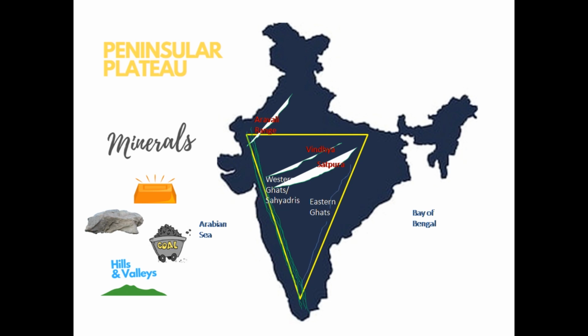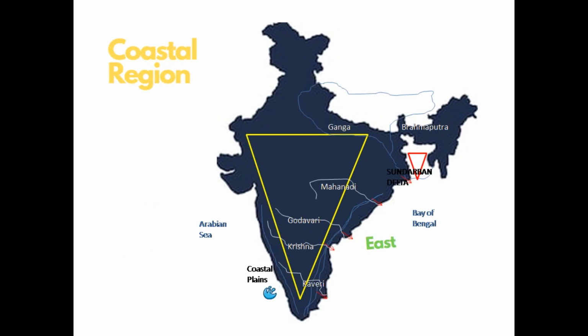And to the west of the plateau come the Western Ghats, also known as Sahyadris, and on the east comes the Eastern Ghats. On this diagram, you can see the Western Ghats are a continuous range, whereas the Eastern Ghats are broken and uneven. To the west of the Western Ghats and east of the Eastern Ghats come the coastal plains as they are bordered by sea. You can observe the coastal plains in the west are narrow, but the ones in the east are broad. Rivers like Mahanadi, Godavari, Krishna, and Kaveri are east flowing rivers and they drain into the Bay of Bengal.